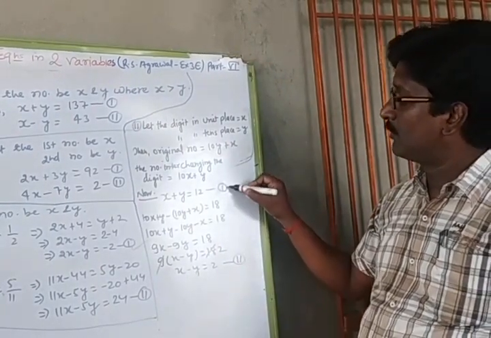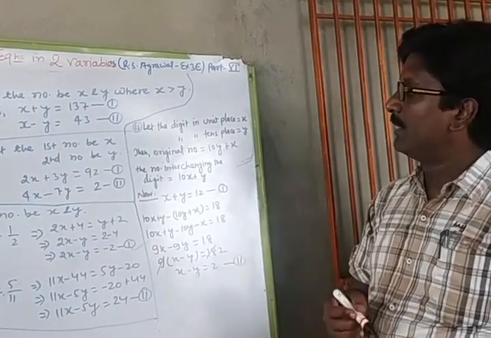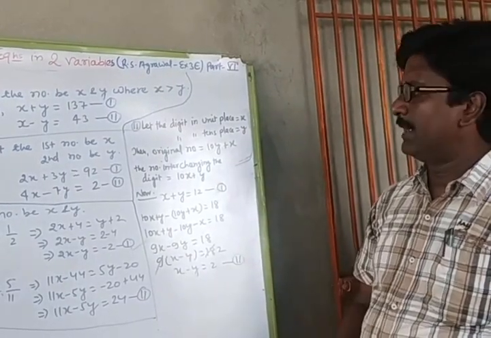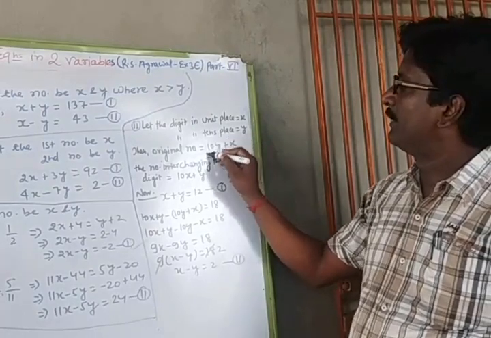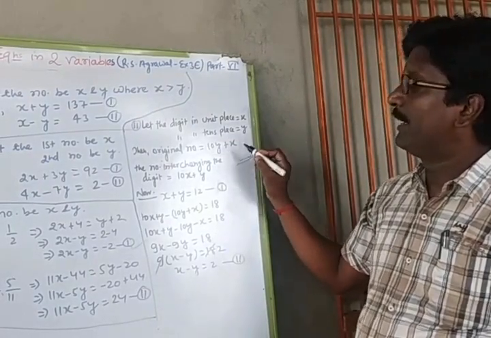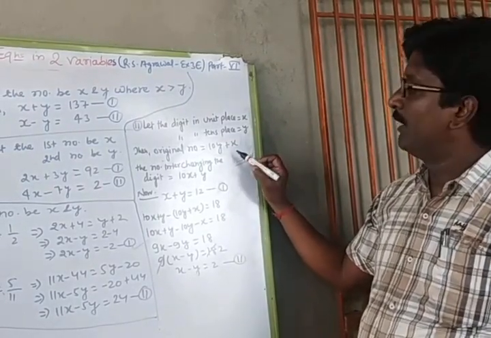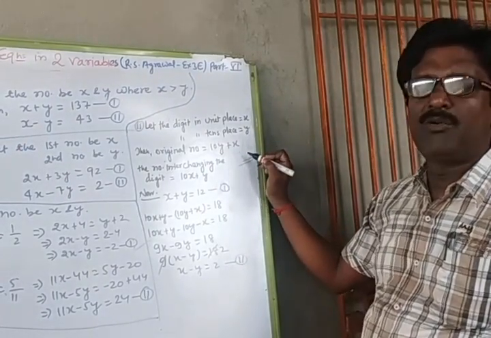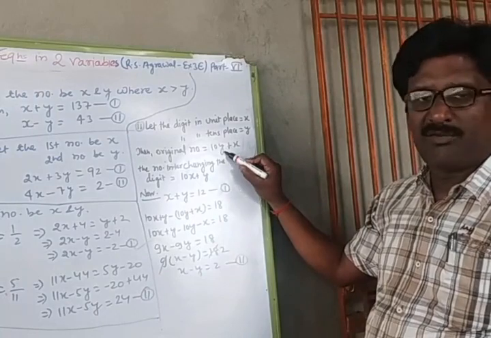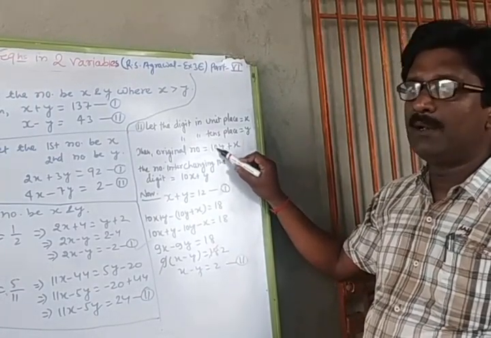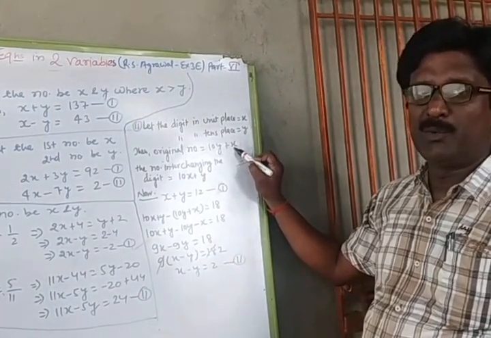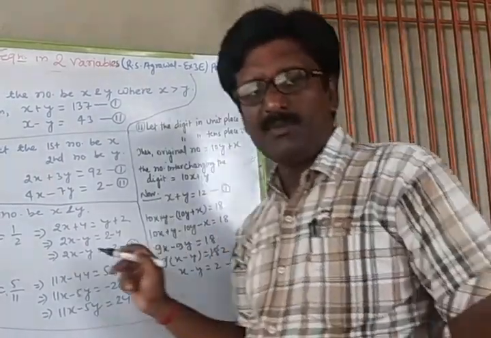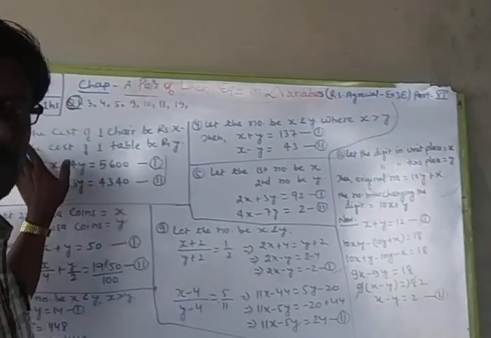So when we solve these two equations, we'll get the value of x and y. But in this question, x and y is not the answer, because we have to find the original number. And when we get the value of x and y, then we have to substitute the values. Suppose x is equal to 2, for example, and y is equal to 5. Then this 5 must be multiplied with 10, that will be 50, and plus 2, 52 will be the required number. Okay. Now, just see question number 19.